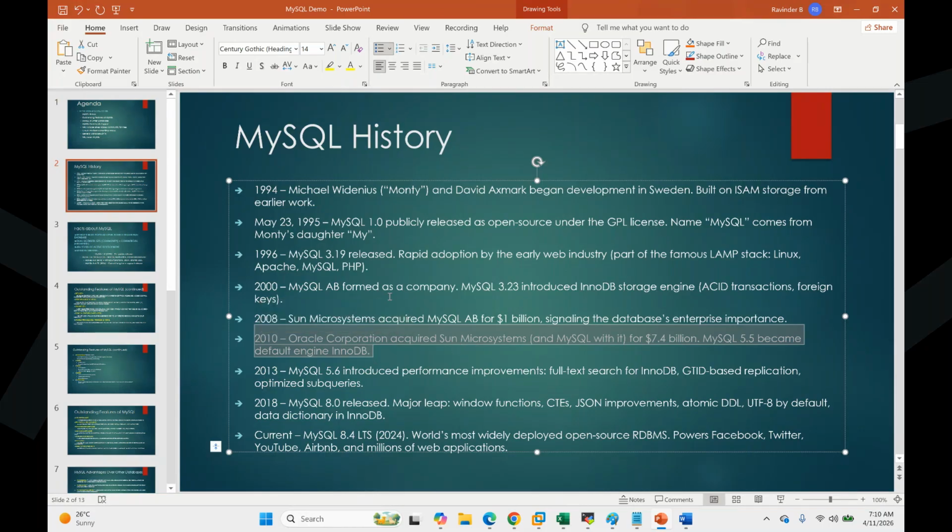So there was a case against Oracle. Why? Because Oracle is already a licensed product. If MySQL also becomes licensed, what about the people who are already using the product? So a case was filed against Oracle, on why they should not purchase this company. Then Oracle agreed. They will keep the product as open source only.